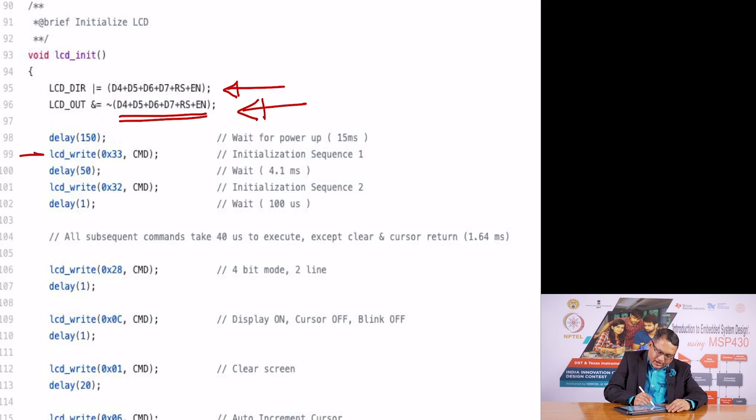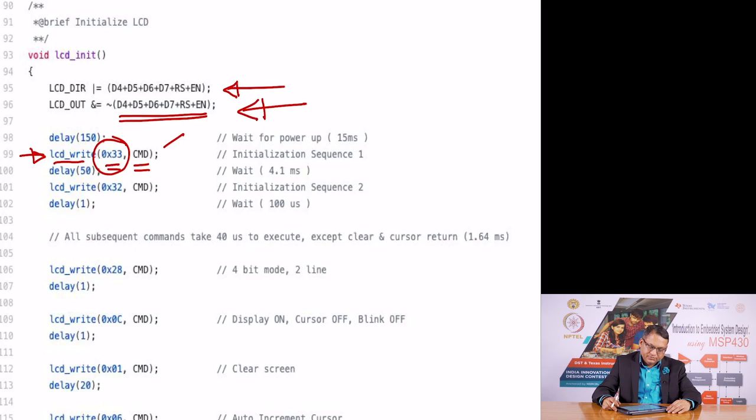It calls a function called LCD write, and in that LCD write there are 2 parameters. One is a number, 0x33, and it says that this number should be treated as a command. Now, you remember the LCD is able to accept either command or data using the register select function, RS. If we are sending a command, that value has to be 1. If you are sending data, that value has to be 0. You are basically conveying to the LCD write function that this number, 0x33 hex, should be sent